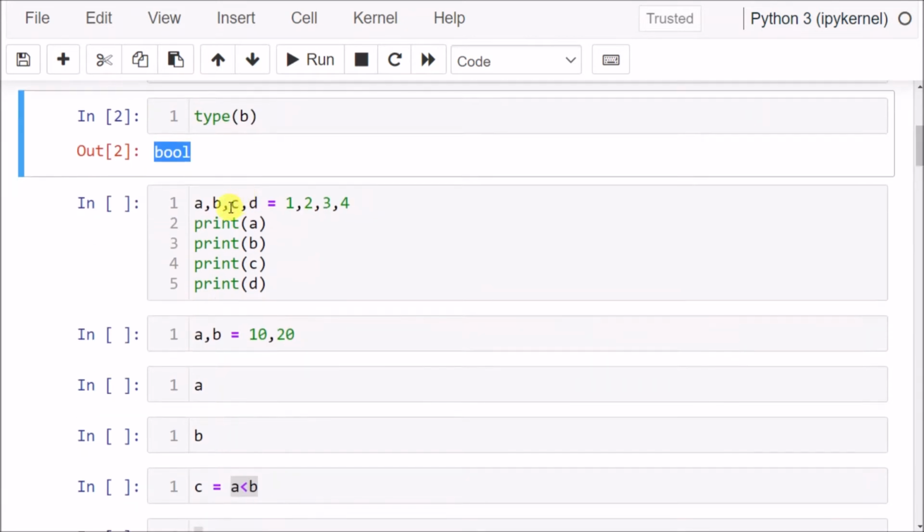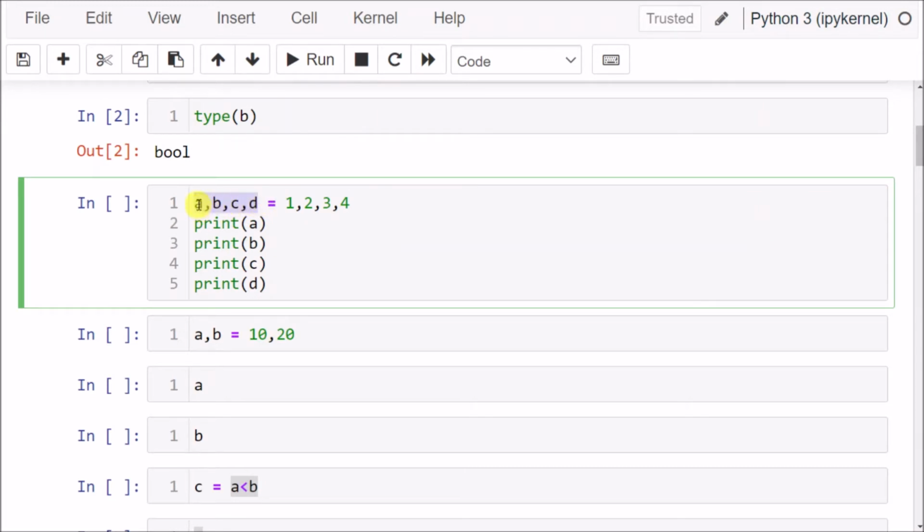In Python we can create any number of variables by using separators here. So here a means 1, b means 2, c means 3 and d means 4. In this way we can create any number of variables, but in Java and C we can't create variables like this.